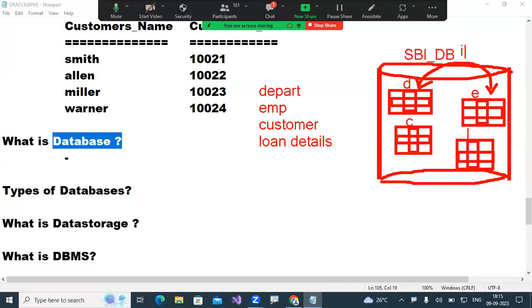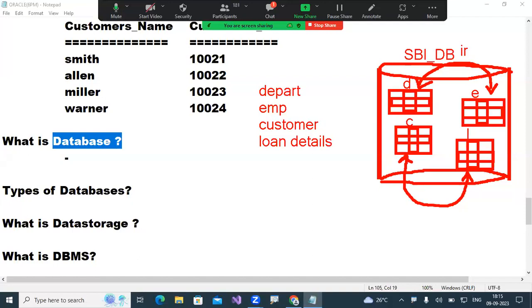We call it interrelationships, or IR. Same with customers: a customer definitely has a relationship with loans. How many customers take which type of loans? For example, how many customers are taking house loans? Again, it is a vice versa relationship. So this kind of data we organize together in one single memory, and that memory is called a database.